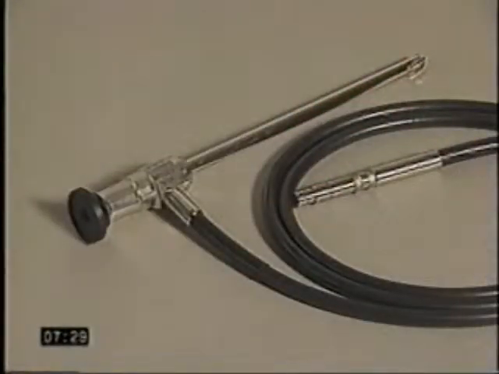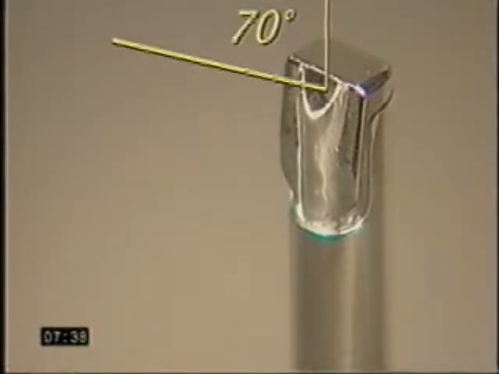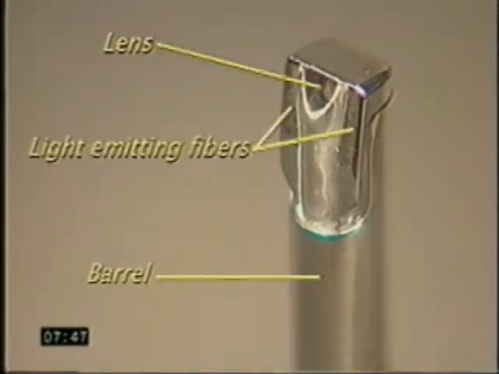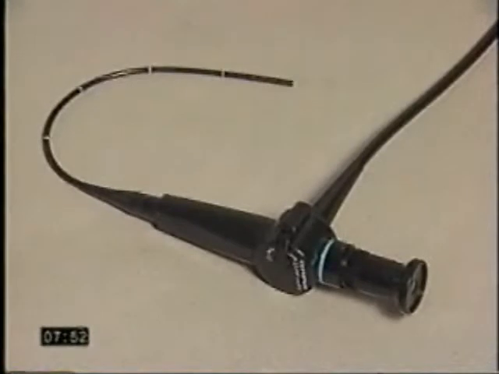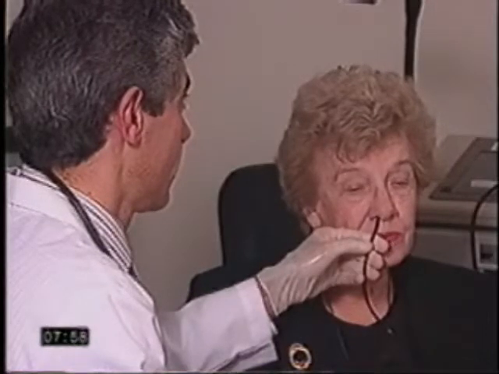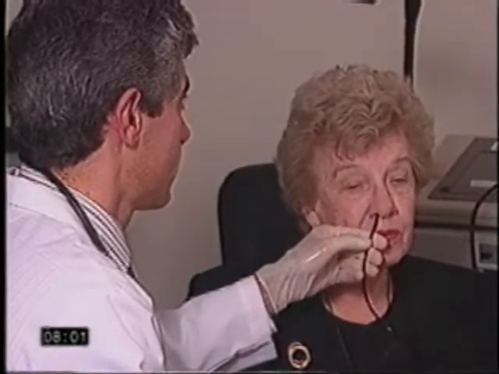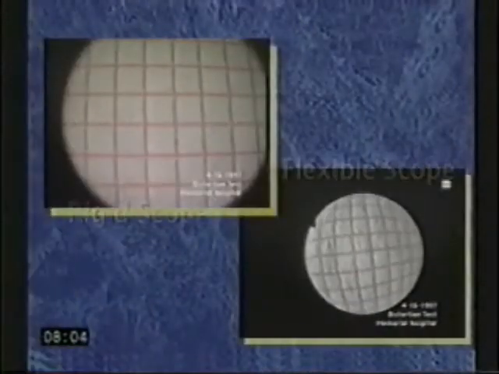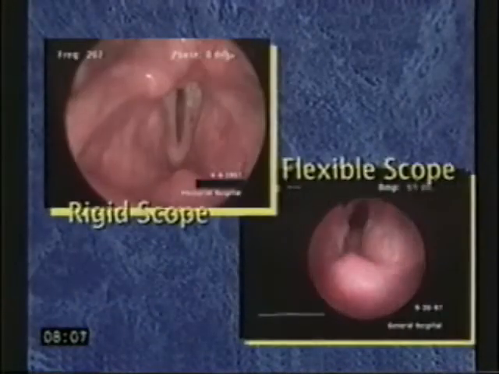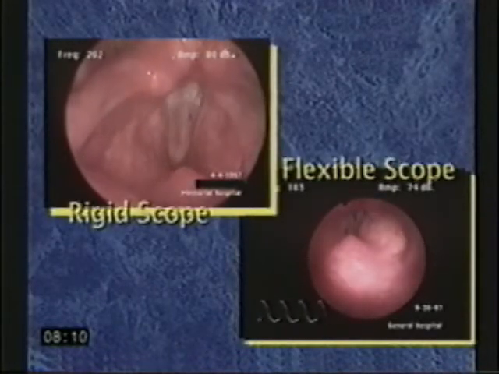The endoscope is a key component because its characteristics and quality are critical to the image quality. The 70-degree rigid endoscope is used most commonly for laryngeal endoscopy, although some examiners also use the 90-degree scope. It is critical that the endoscope provide a uniformly lit, bright, non-distorted image. Flexible endoscopes can also be used. Flexible scopes have the advantage of allowing the patient to phonate more normally. But their disadvantages include image distortion, as illustrated by viewing graph paper, reduced image resolution, reduced brightness, and color distortion.